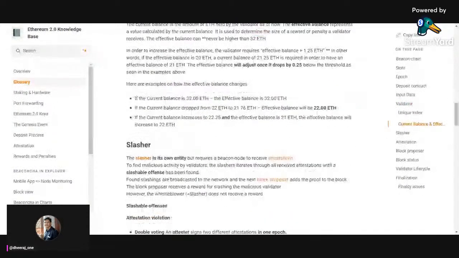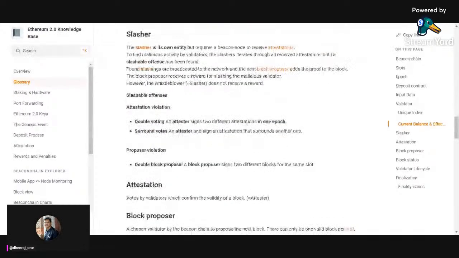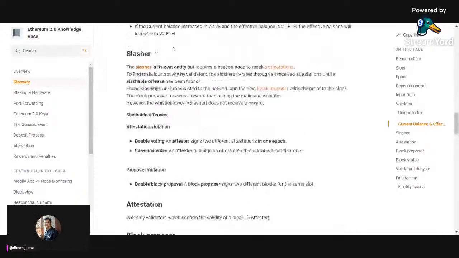Then there is this thing, which I think is very rarely discussed, which is the slasher. Sounds like a cool name for a Marvel superhero. But it requires a beacon node to receive attestations to find malicious activity by validators, and it will